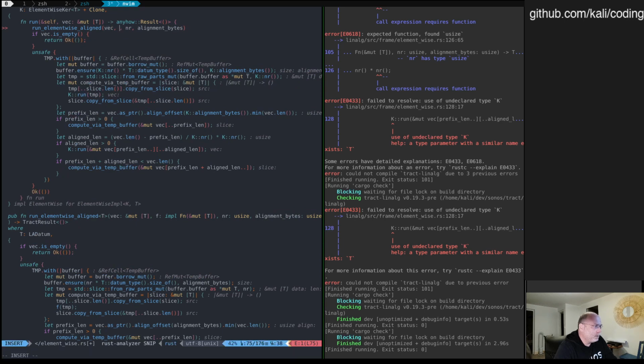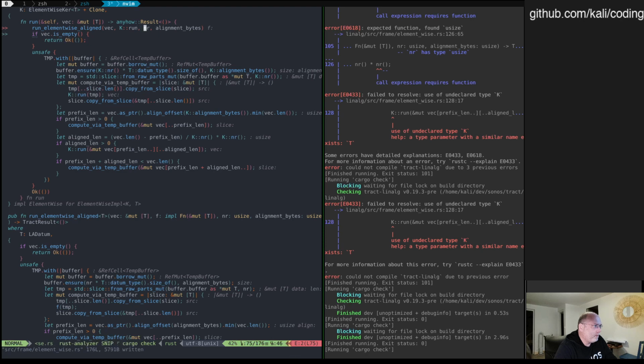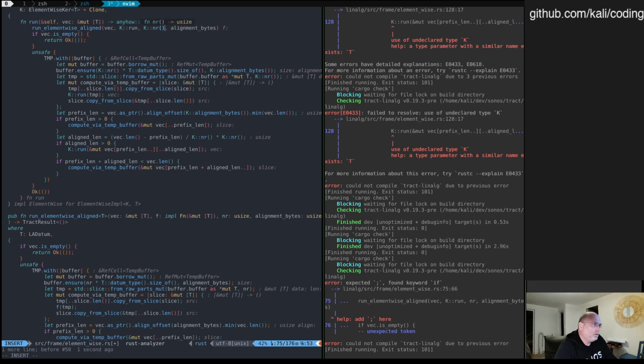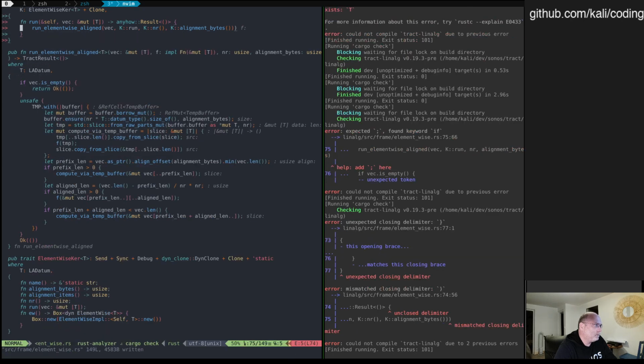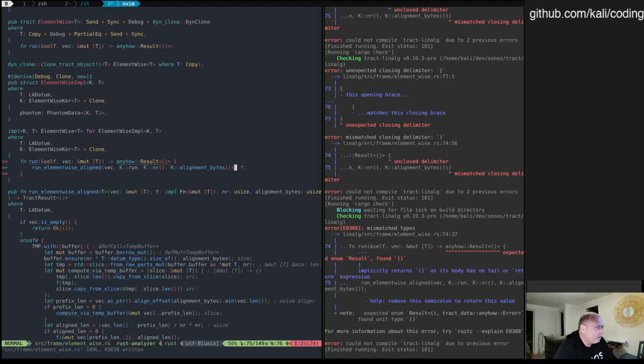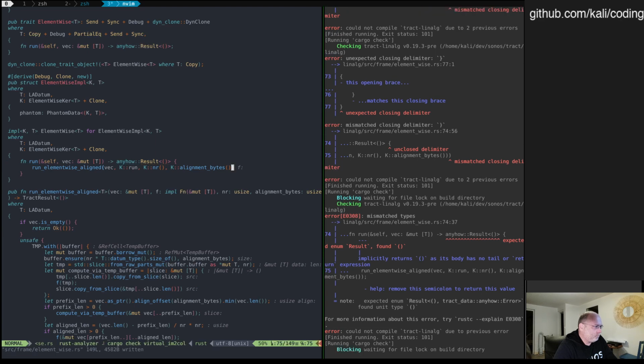So f will be k run, nr will be k nr, and alignment bytes will be this, and I can discard all that. Okay, so now we have this function